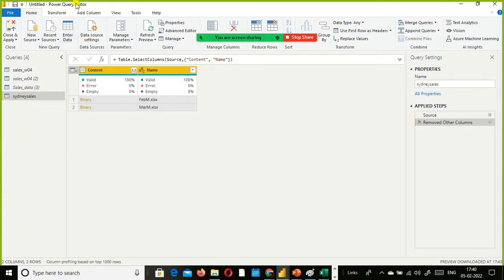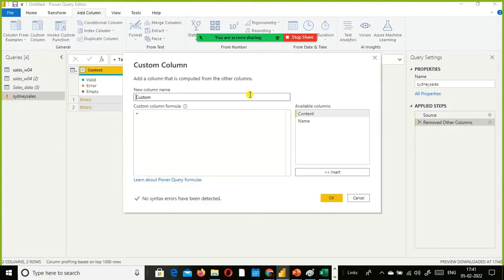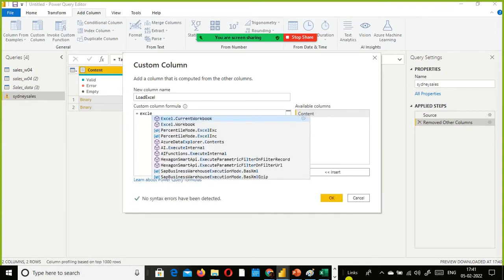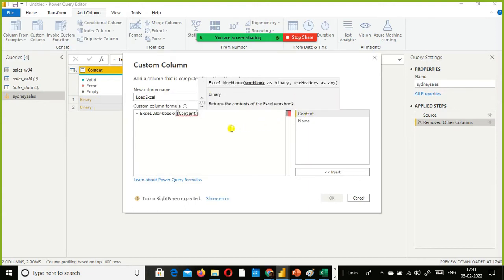I'm going to create a custom column, Load Excel, and here there's something called an M function. I'm going to use Excel.Workbook, and the binary content, whatever is there, I want to load it here.